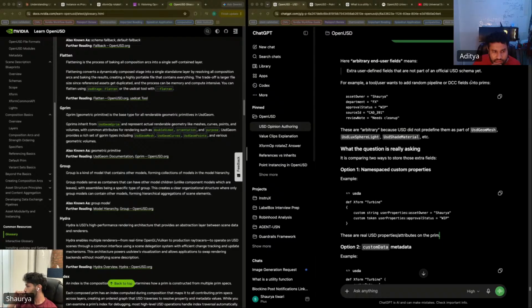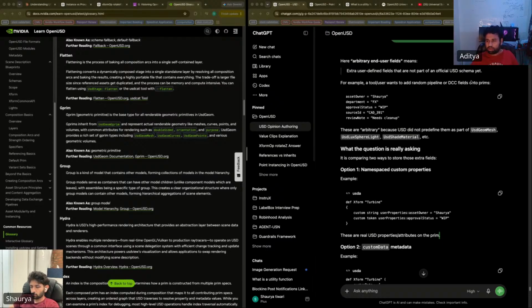So these are arbitrary because USD did not predefine them as part of UsdGeomMesh or whatever. I don't think it will be part of a schema, but it will be part of the prim. Do you get it? It will be part of the prim, not necessarily a part of the schema.